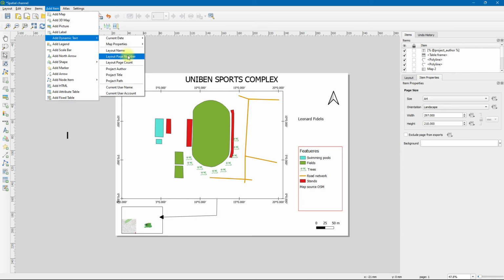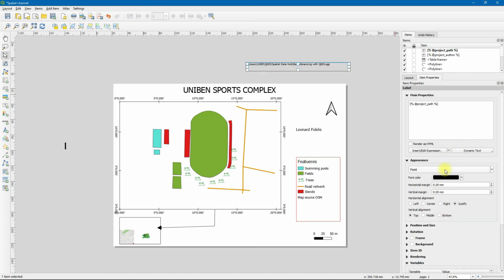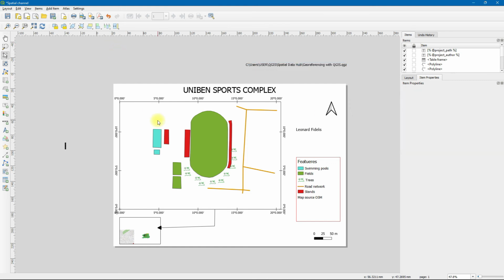You can, if your page layout has more than one page, probably you are working on different maps, then you can include the page number, page count. You can include the project path. This project path is nothing more than where your stuff is saved. You can see mine already. So that's about it. Once you are done, you save your edits and you can export as an image or